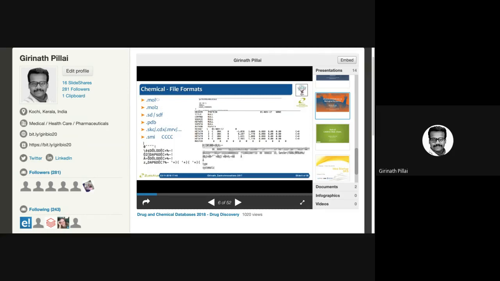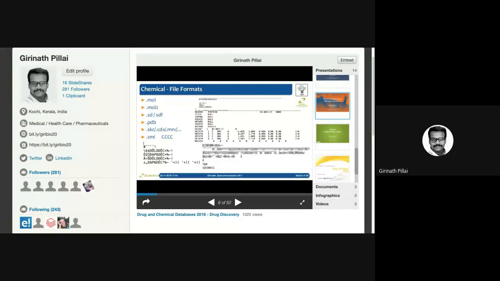For example, a mol file can contain one single structure in a file. A mol2 file can contain more than one structure in a single file, so you can have multiple chemical structures in a single file. SDF files also contain more than one structure in a single file, but they can also contain numerical and alphanumerical data of your structures, including molecular weight, physicochemical properties, and many others. So this SDF file will look like an Excel sheet. Each row will represent your structures. Each column will represent the different properties.